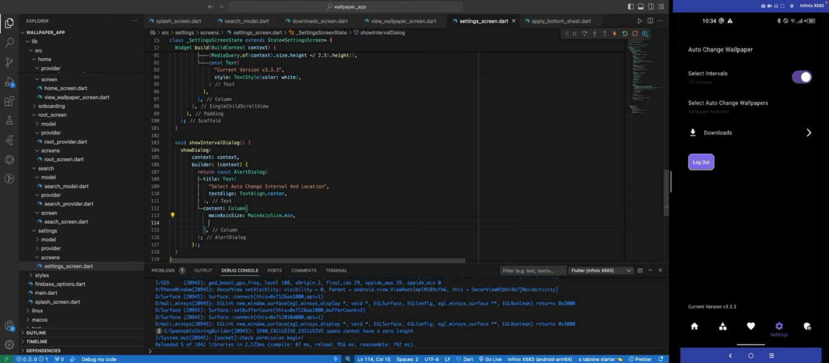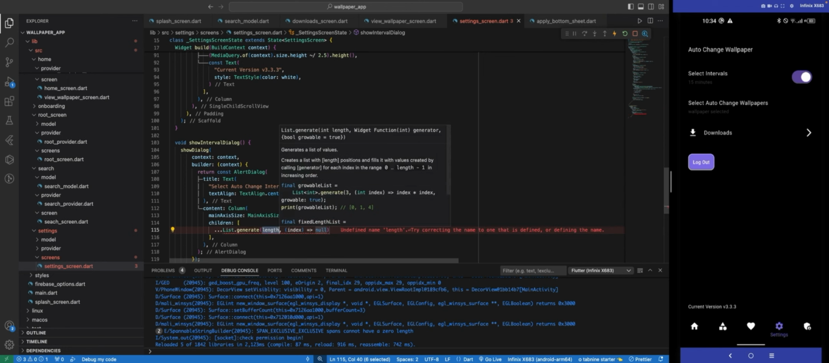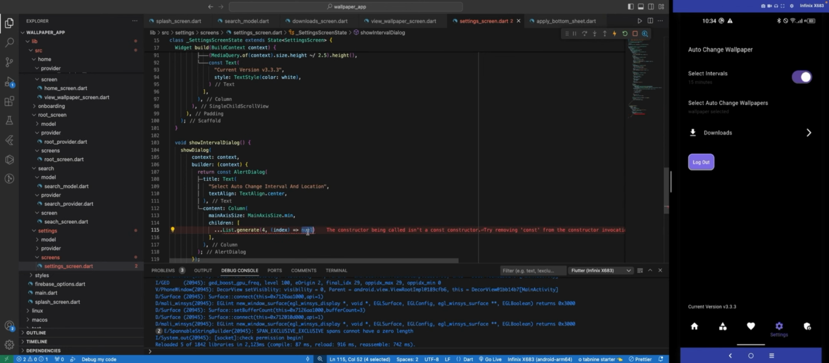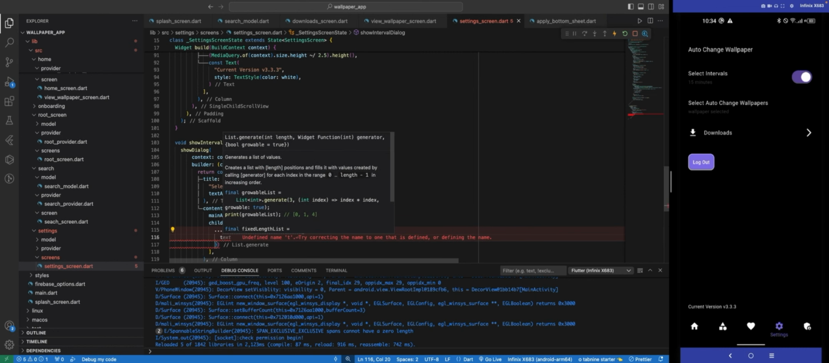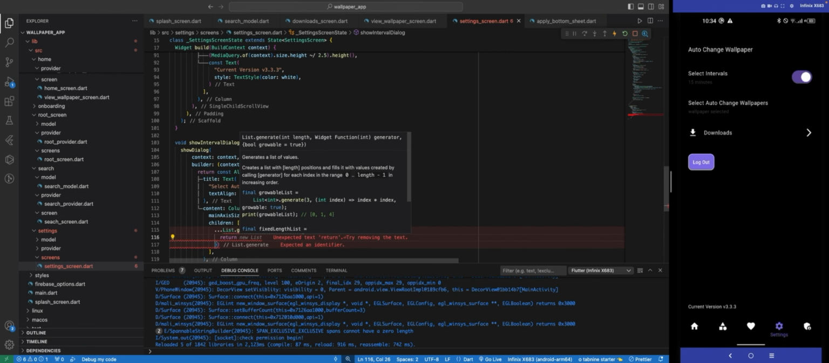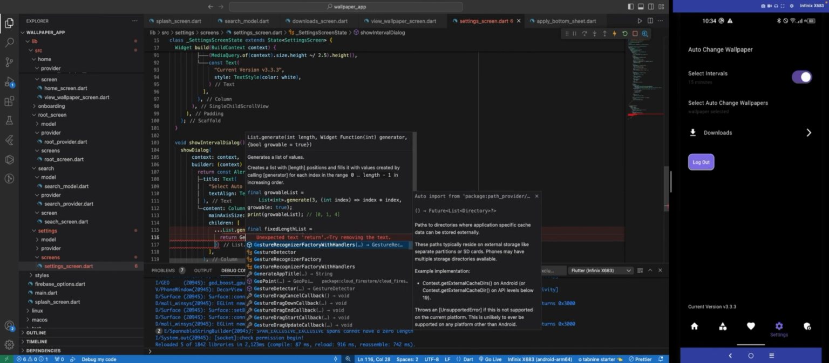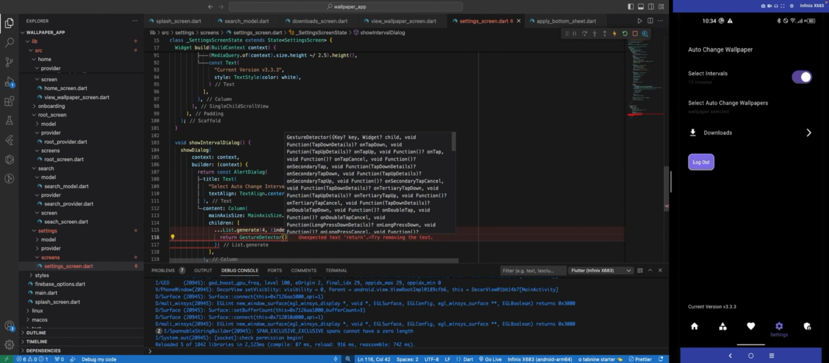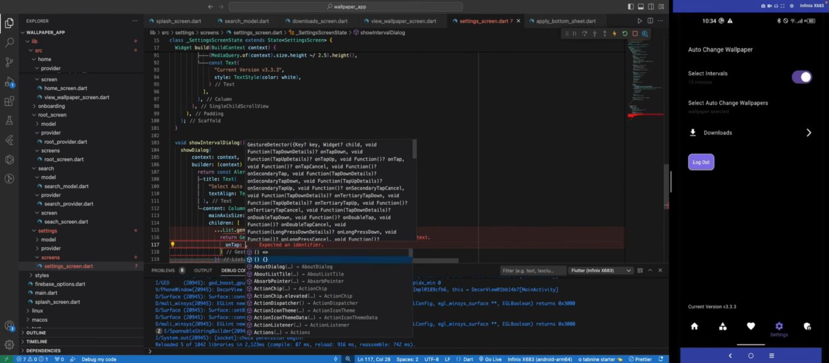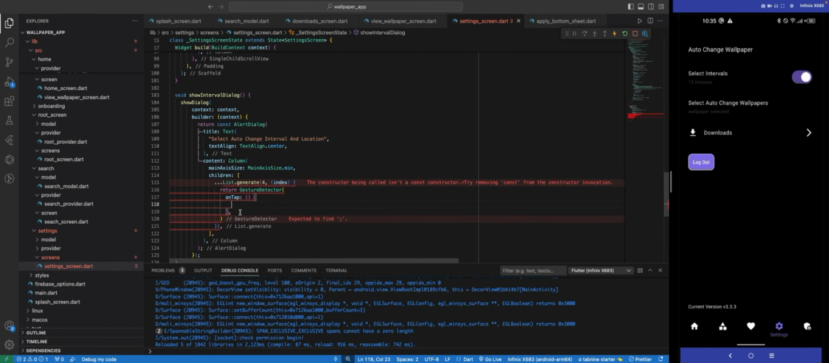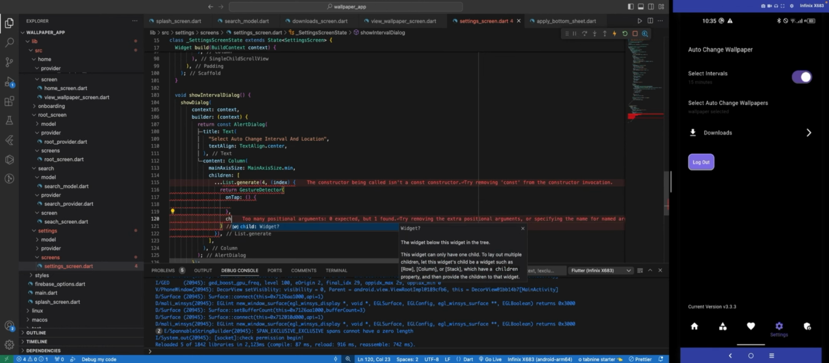Then I'm going to return children. The first child, which is going to be for the interval, is going to be a list, because we want to add many intervals, 15 minutes to 1 hour. So we are going to return this. From here, let's have a gesture detector, because users should be able to tap on what they want to select. So we have the onTap property,